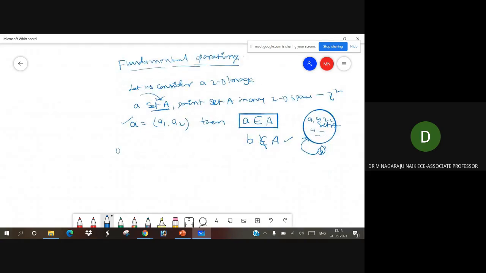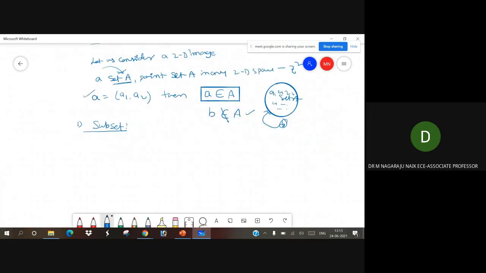Then the first condition, subset. What is meant by subset, or how do you define that? A subset of B. Now we can take A and B, so two subsets.